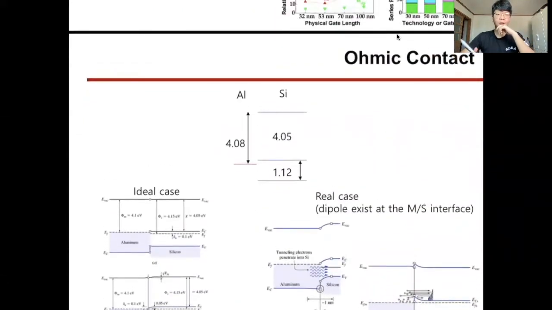Another problem is the ohmic contact. When we make contact between metal and semiconductor, there is another PN junction on the transistor. We call these MS junctions. We use various methods for metal work function engineering, because the